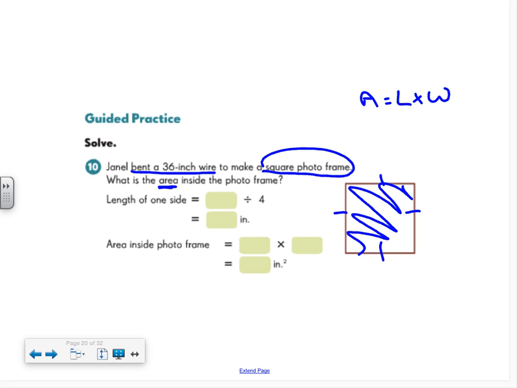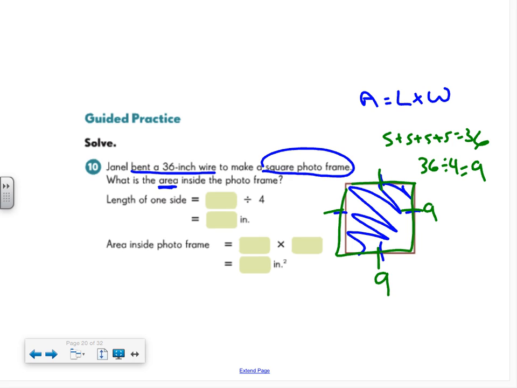So I know that this side plus this side plus this side plus this side has to be 36. So if I know that all 4 sides equals 36, and I know there's 4 sides and they're all the same, well, 36 divided by 4 sides would get me to 9. So I know that every side has to be 9, and then I know that actually the area, I'm doing length times width, and I know 9 times 9 gets me 81, so I know the actual final area of this is 81 inches squared. Okay,